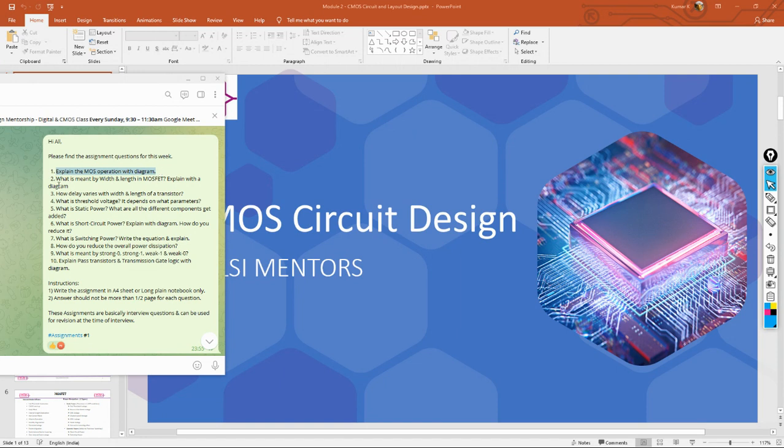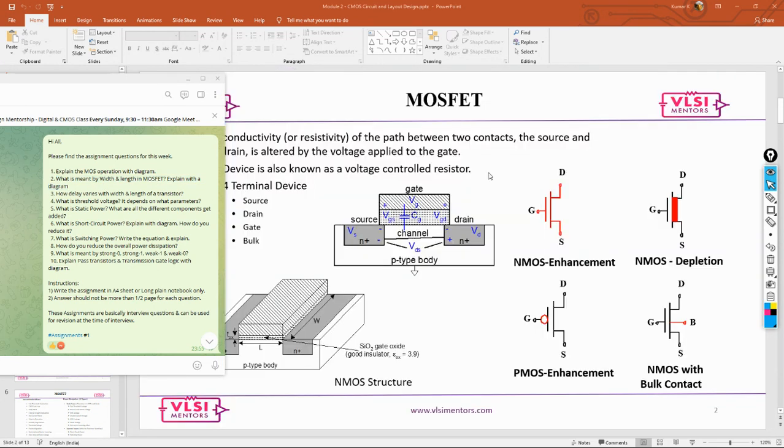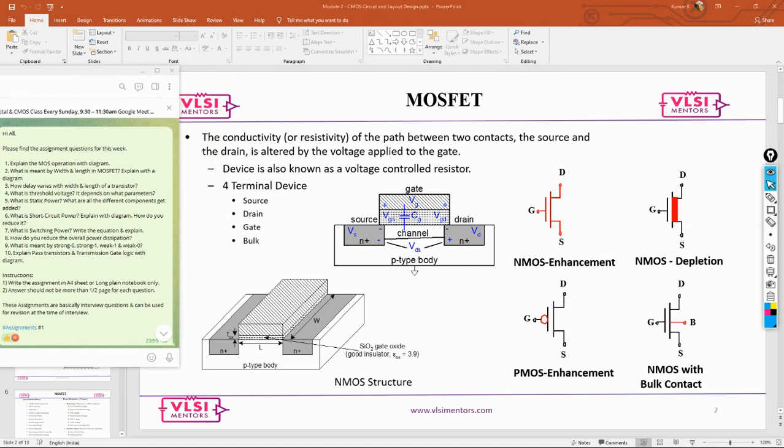Now the next one is basically what is meant by width and length of a MOSFET. Okay, explain with diagram. So for this particular thing, this is the particular picture that I would have expected. Say, for example, what is the meaning of length? This is